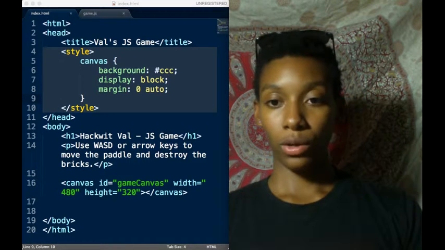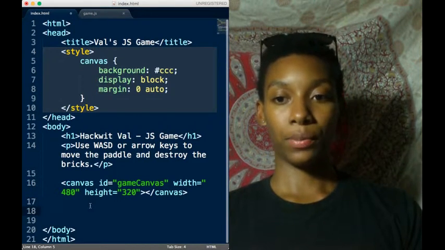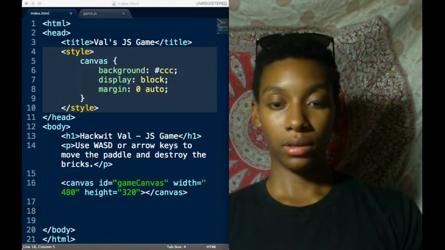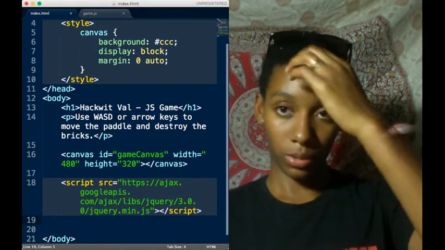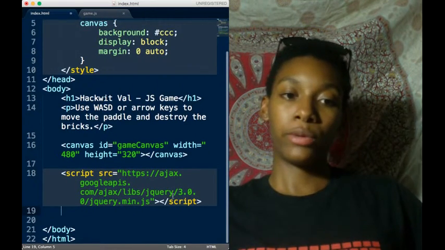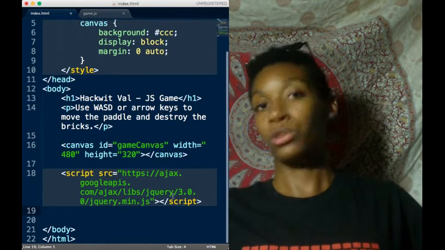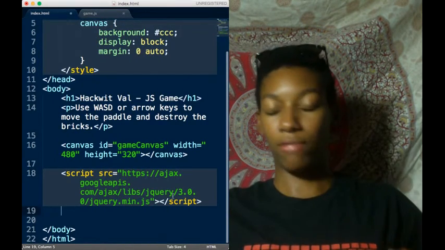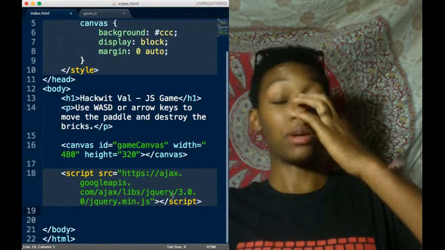So we are going to go down to the bottom of the body here and put in the jQuery CDN, which I gave you last time. So you should just copy and paste that. I'll give you a little bit of time to do that. Go ahead, find that jQuery CDN, copy and paste that in. If you lost the link, you can easily just Google search that. Basically what you're doing is referencing a library of everything that you will need for your jQuery,